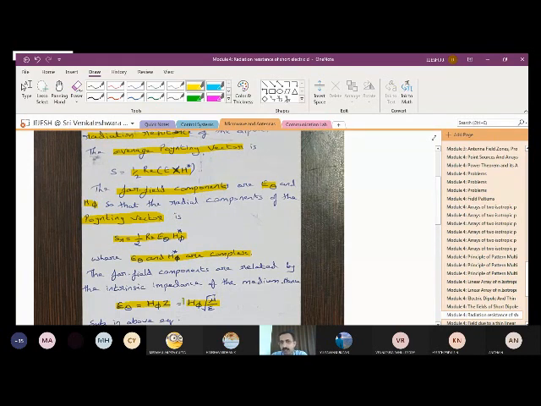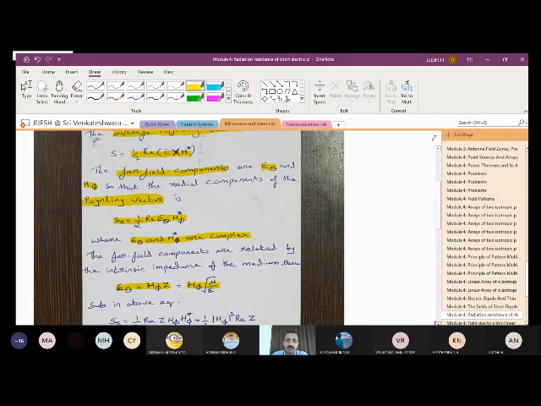These things we have come across in module 3 in the beginning, where we have written the E theta and H phi relationship. E theta is equal to H phi Z, and Z is called the intrinsic impedance. These are the electric and magnetic fields in the theta and phi direction. So E theta is equal to H phi Z, and you can also write it as H phi root of mu by epsilon.